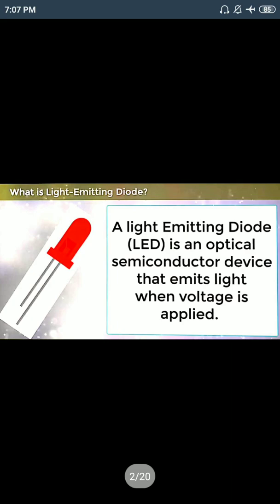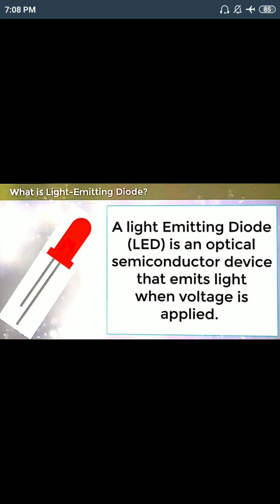So this is a picture of a light emitting diode. This is a red color capsule. Sometimes you see a white transparent capsule-like structure, and sometimes a green color also. Here it is red because red light is emitted. Sometimes the color will vary. That depends upon which type of semiconductor material we used, or which type of doping we use. The colors of the LED depend on that.